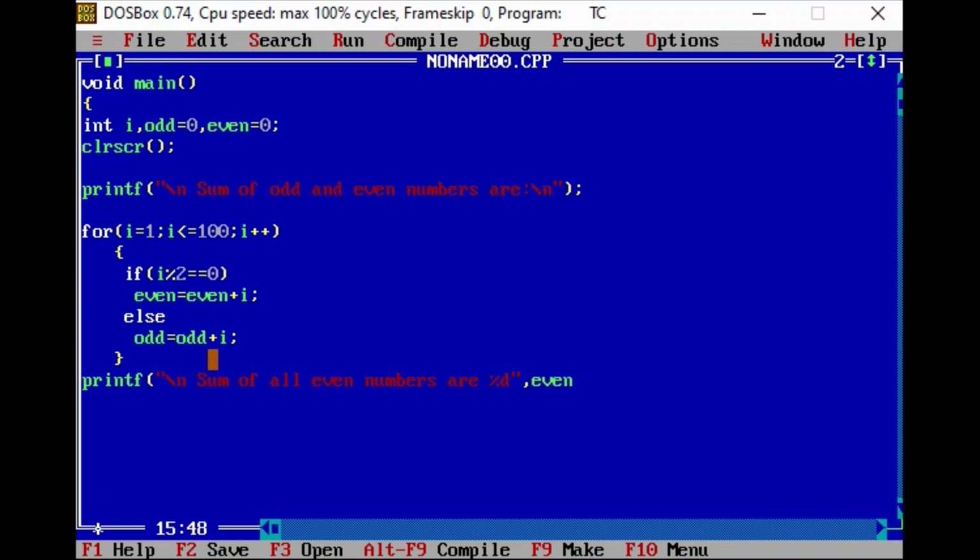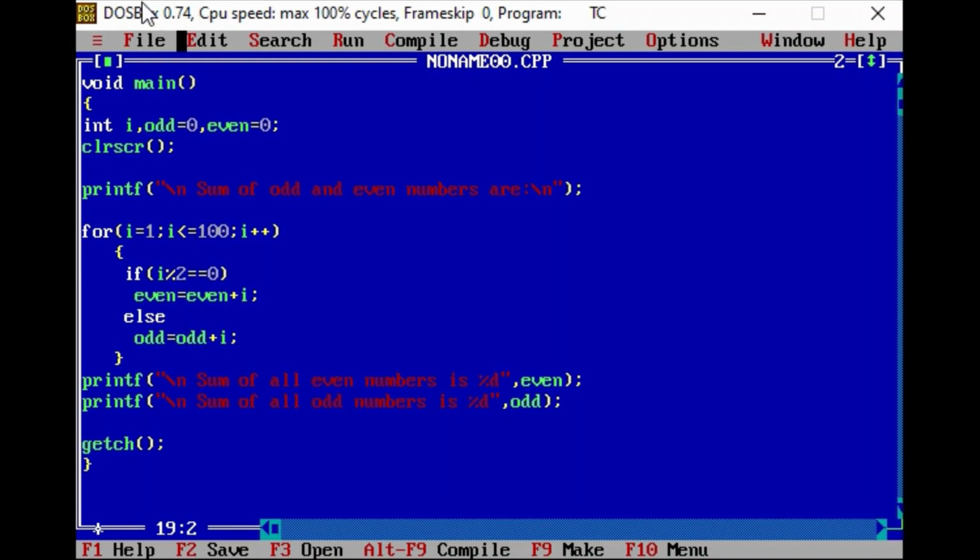So even, bracket and semicolon. Then printf, double quotation, slash n, sum of all odd numbers are, percent d, bracket, comma, odd, bracket, semicolon. Here our program is not over. One function is to be used, which is getch bracket and curly bracket close.